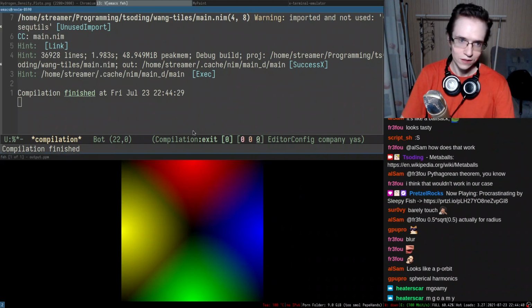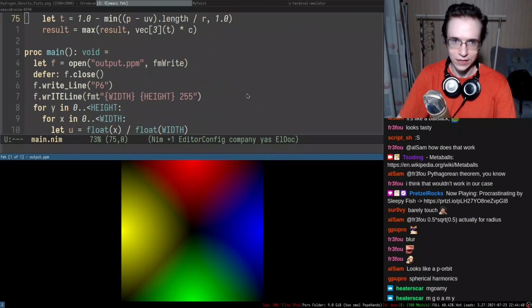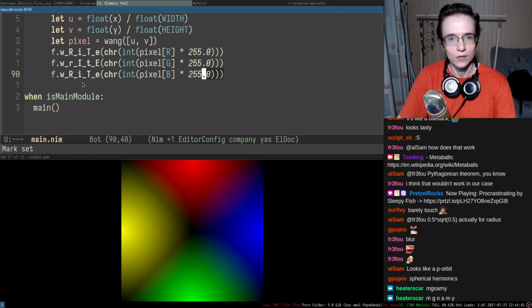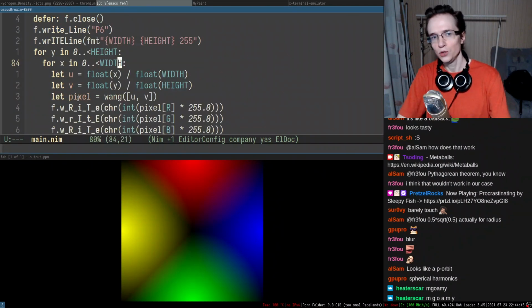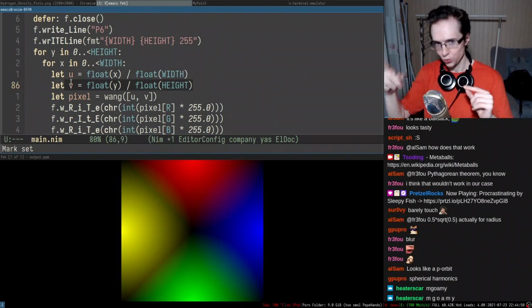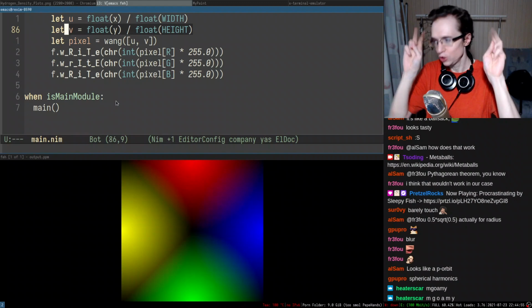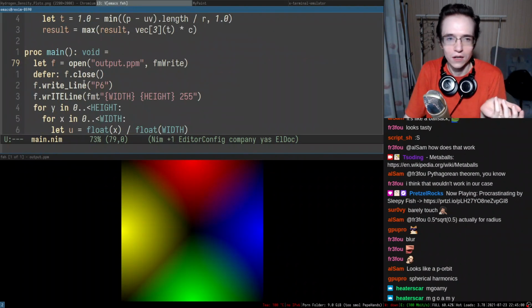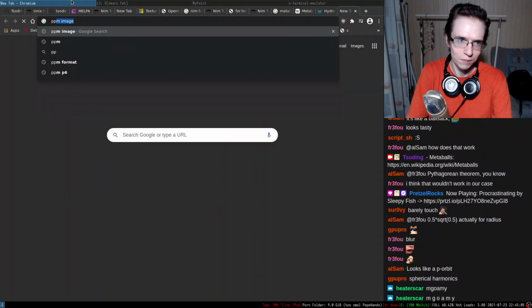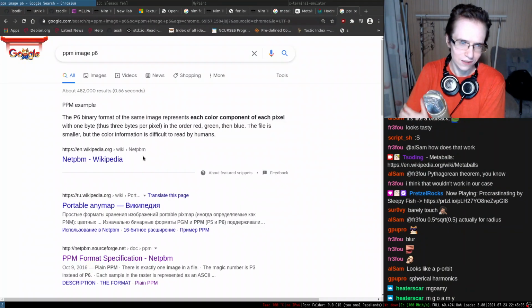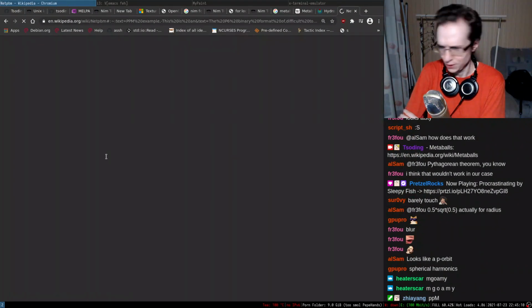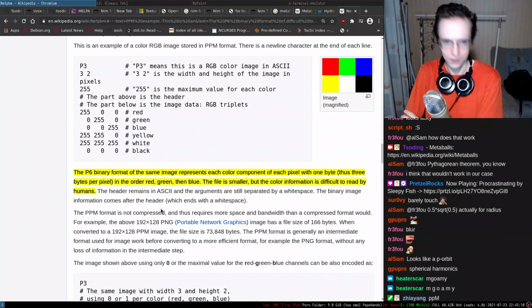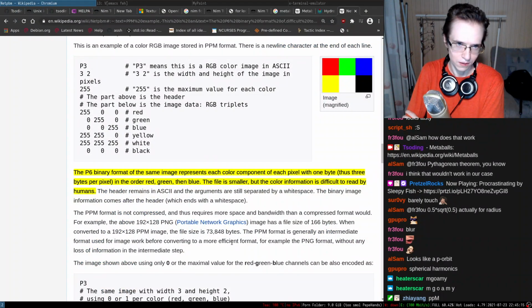The only thing required is to iterate through each individual pixel, interpolate the coordinates of the pixel to between 0 and 1, pass them to your fragment shader function, get the color and put the color in there. And you can save that into the PPM format, specifically P6. So Google up PPM image P6. I think this is the most useful format in my opinion. PPM, yes, it's a very small m. All right.